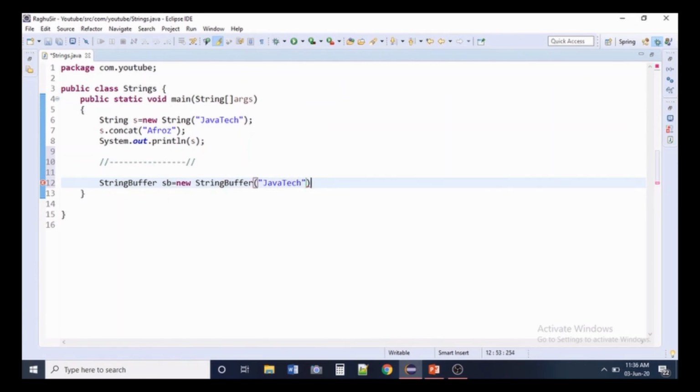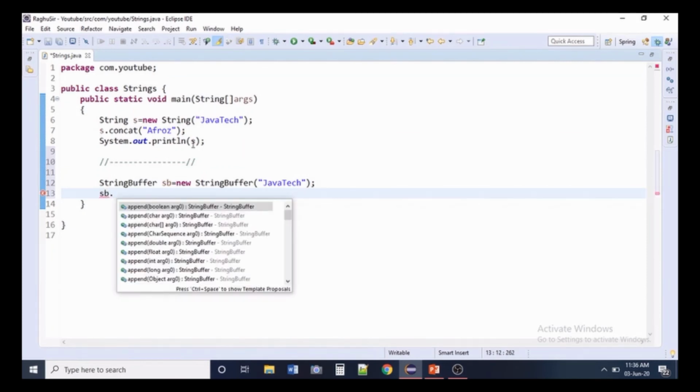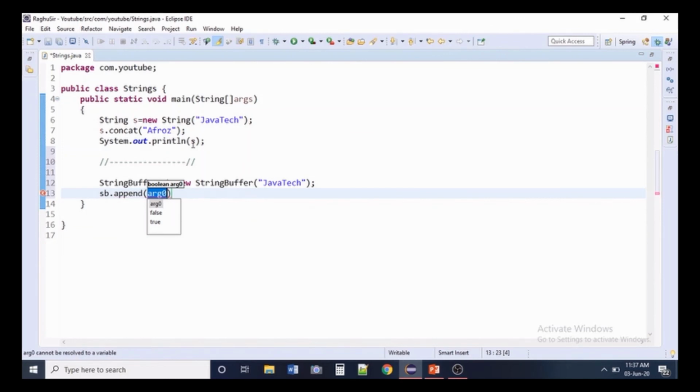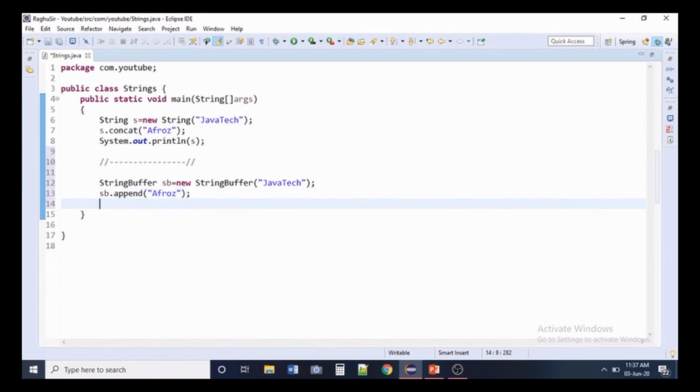For that, what I have to write here is my reference sb.append. In my append I'm writing Afros. Append Afros is completed.